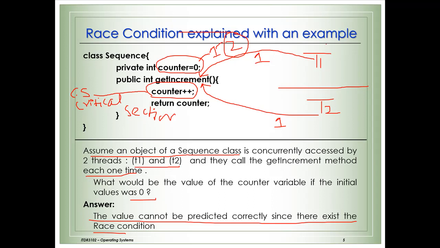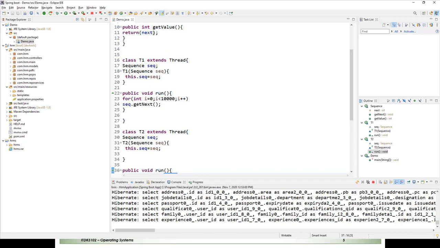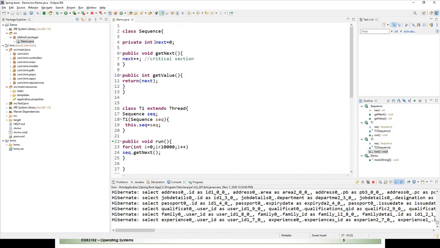So if each thread calls it 10,000 times, the value of the counter should move from 0 to 20,000 totally. So the final value of next should be 20,000.